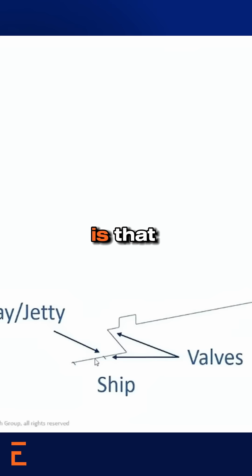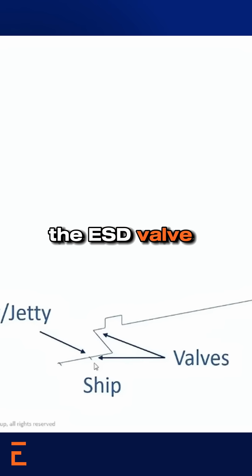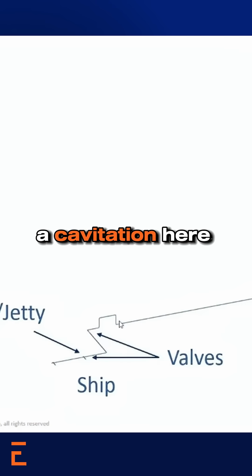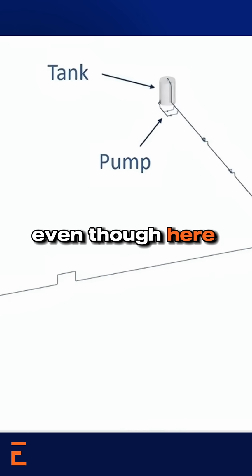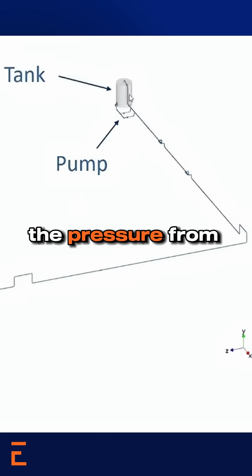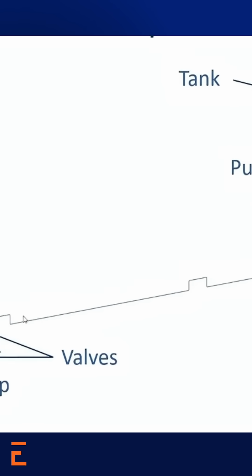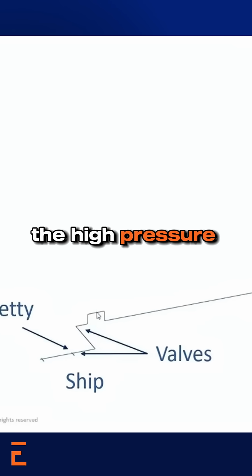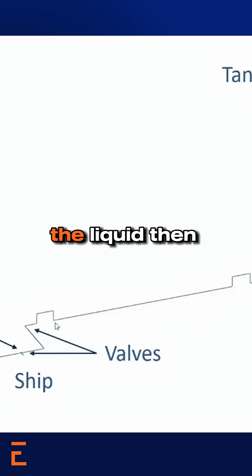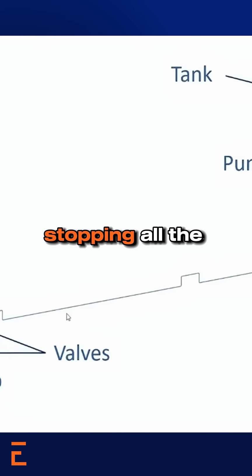So what happened is that you close the ESD valve quickly. You will get a cavitation here. That means that the liquid keeps on moving initially, even though here the liquid has stopped. Then the pressure from the tank allows it to reverse, flow into the cavity, and you get a high pressure peak here. The high pressure peak, first it stops the liquid, then you have a pressure wave stopping all the